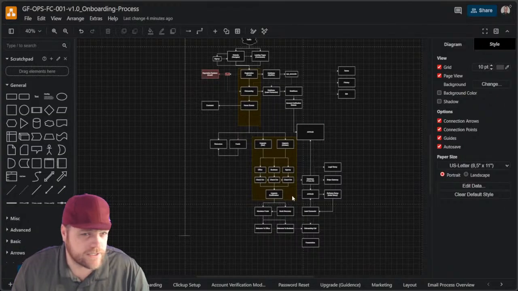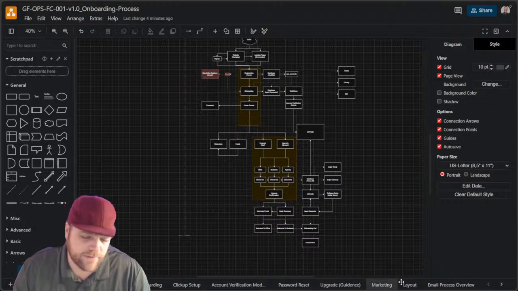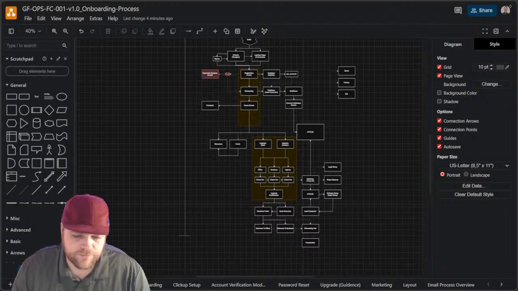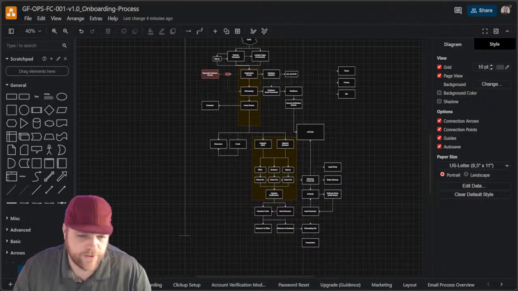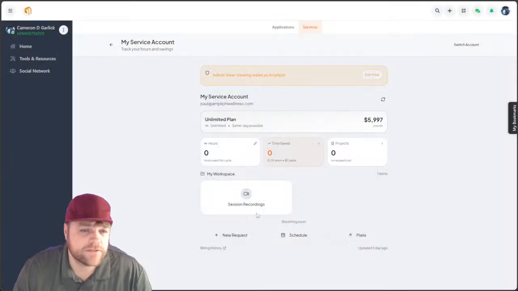But we follow the same process. We build these things out, and then what we do is we have it connected, right? And what I mean by connected, I'll show you in just a second. So we have it connected into a portal, and this portal, let me just log in really quick. The specific portals would be like something like this, and I'll just show you. We would have a company, so let's just say this is a company. I'll bring it on screen, right? We would then organize whatever is used here.